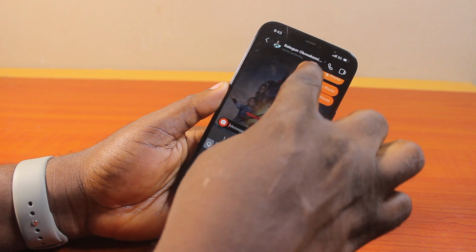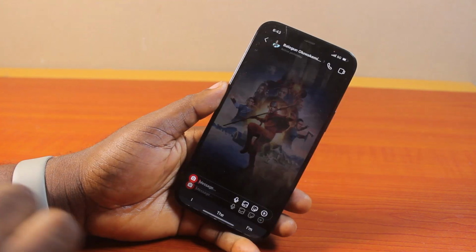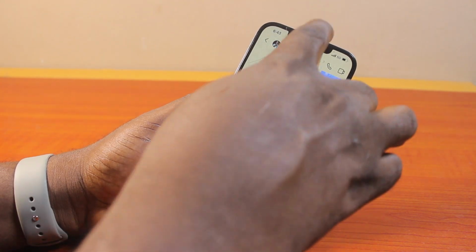So to turn it off again, swipe up on it and let it go. Swipe up to enable it. You see that? So that is basically how to do